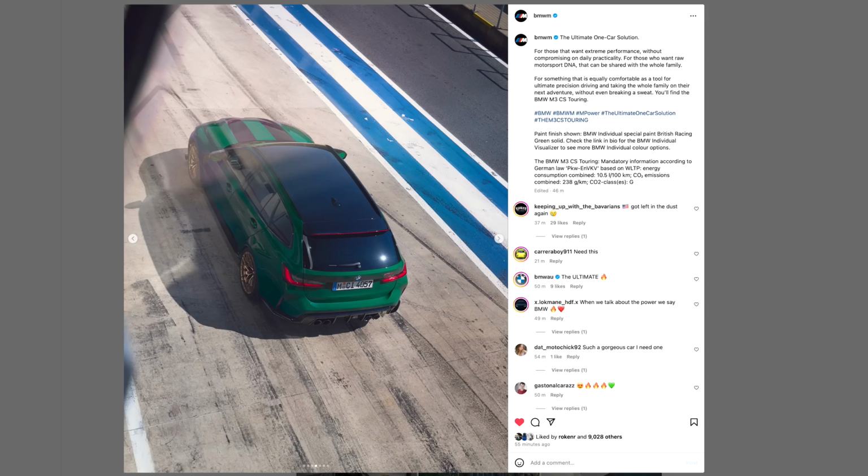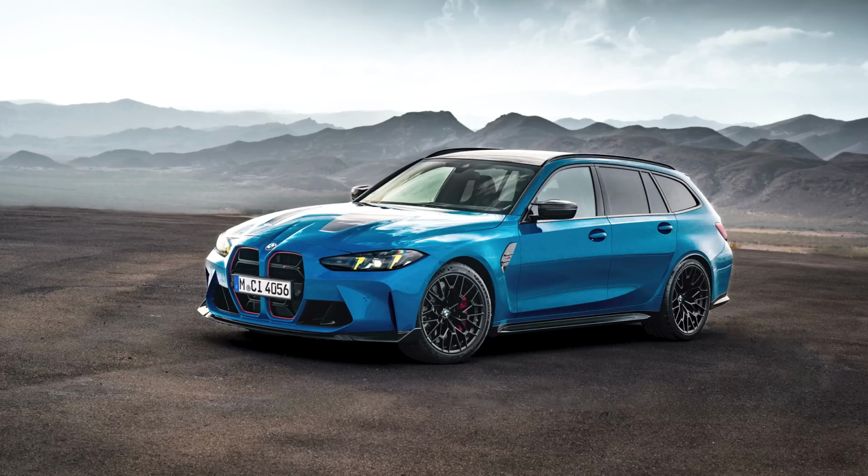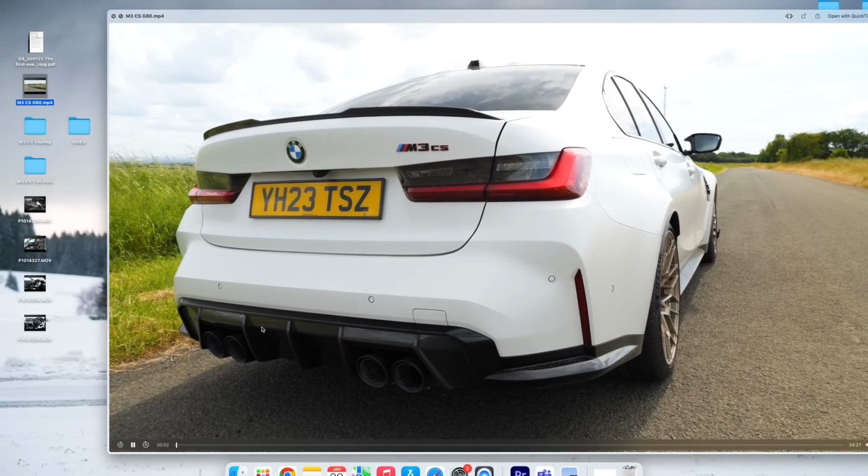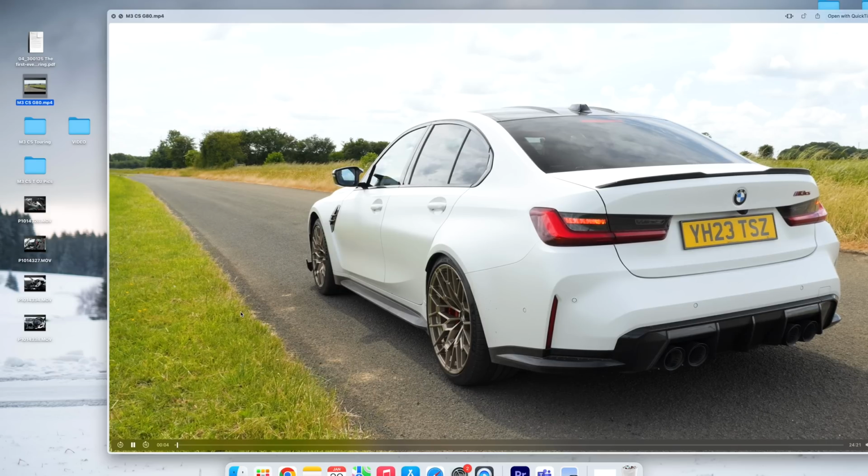Comes in 4 different available colours. British Racing Green. Where did I get that idea from? No idea. Laguna Seca Blue, which is what all of these press shots are. Frozen Solid White, which is what the M3 CS Saloon that I tested was. Let's have a look. There it is. Nice in the flesh, but